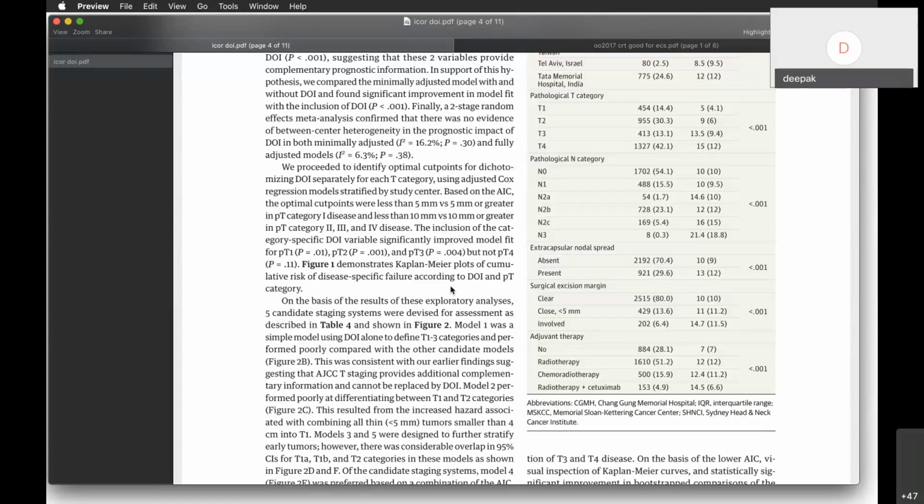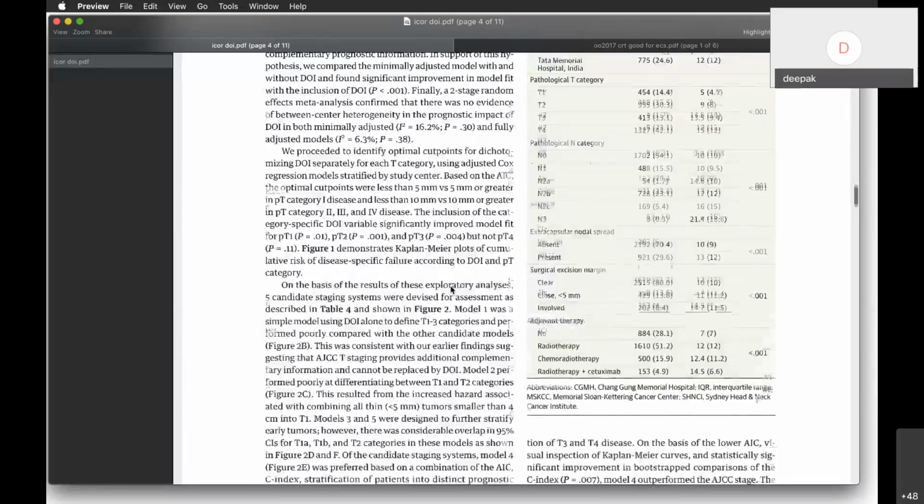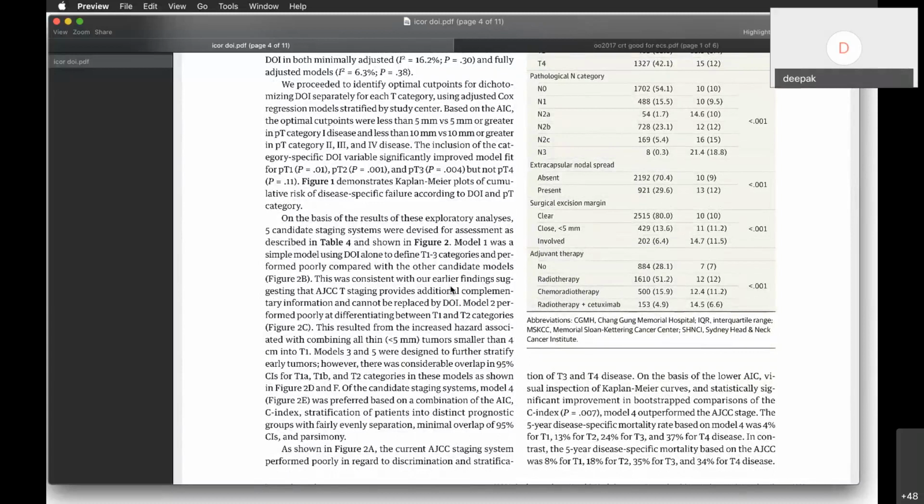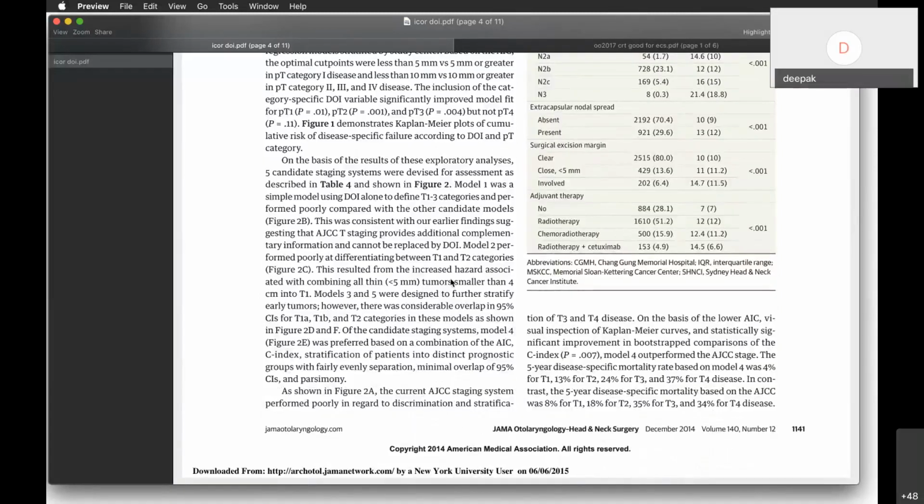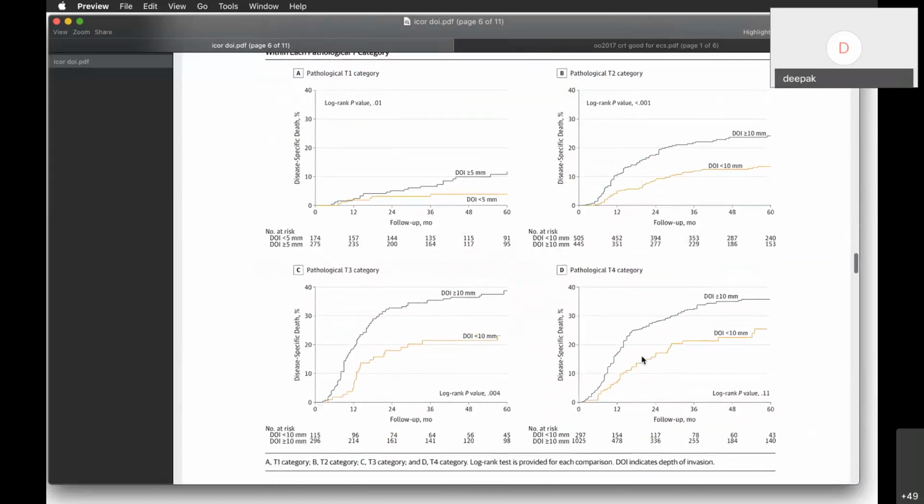So model 1 was a simple model for using DOI to define T1 to T3, and that performed poorly. And then the other models, model 2 was poor at differentiating between T1 and T2. Model 3 and 5 were designed to further stratify T1 and T2 tumors, but there was a lot of overlap. And T1A, T1B, and T2... for comparison to see which had the best outcome. They realized that the model which had the 5 millimeter cutoff performed best for specific... severe disease. If you look at the different models that have been proposed here, model 4 had the best